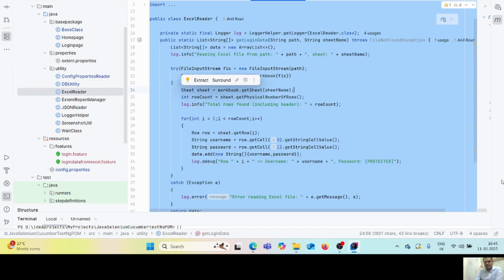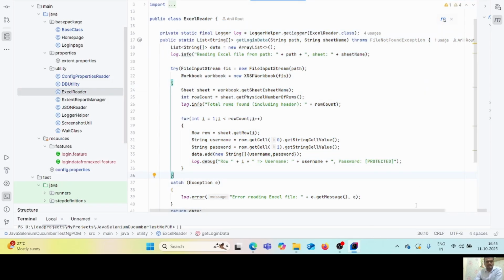You will see here, this is Excel reader, using which you can read the data from an Excel file and use it in your program. How will we achieve it? Public class ExcelReader, let's say private static final Logger log is equal to LogHelper.getLogger(ExcelReader.class), then public static List<String> getLoginData, String path, String sheetName, throws FileNotFoundException,